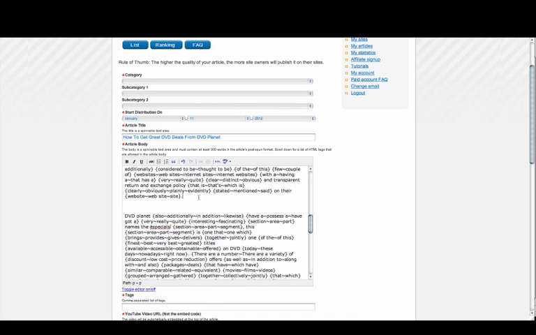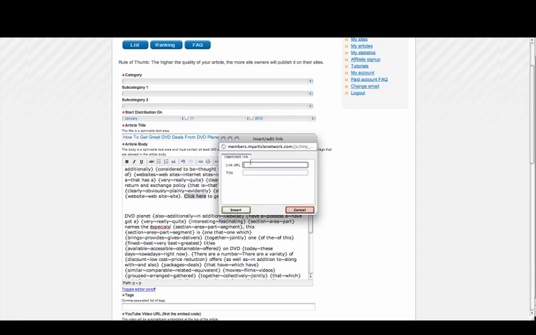So I've gone into the middle of the article, and just here I'm going to write "click here to learn to get great DVD deals from DVD Planet," and then "click here" is my anchor text, which is a random anchor text, and then I'll point that to